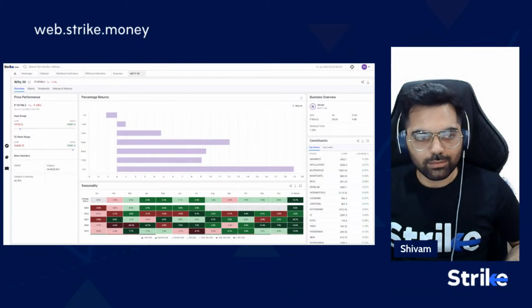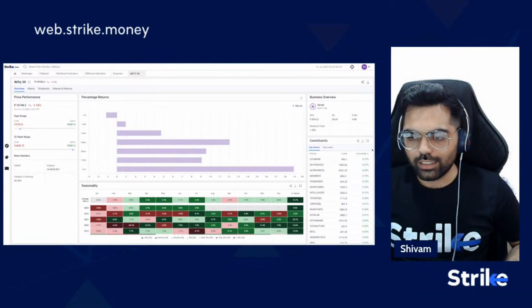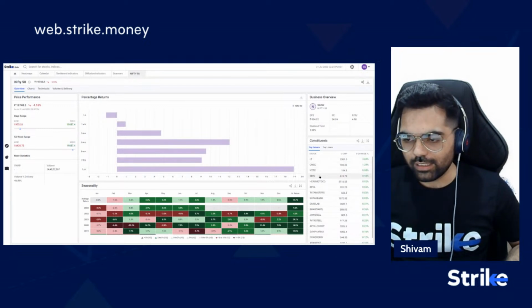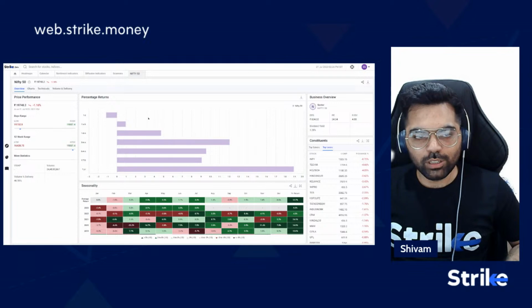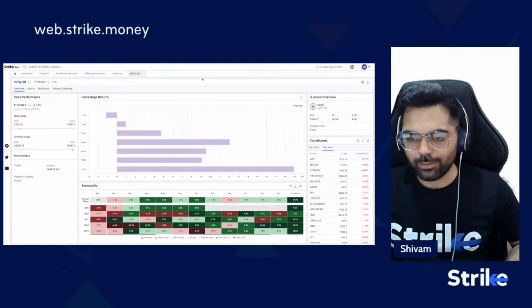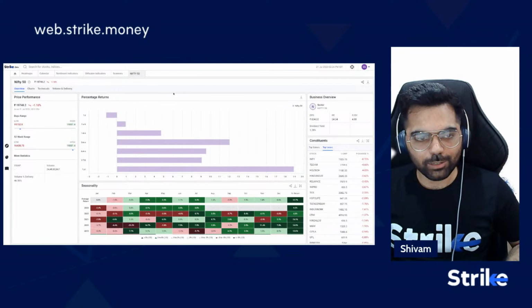So this is the overview page for Nifty. In today's session, the leading stocks are LT, ONGC, NTPC, as well as State Bank, and losing stocks are Infosys, Tech Mahindra, HCL Tech, Hindustan Unilever. So all the selling pressure is confined to the majority of the IT stocks, since overnight some of these big stocks came up with their results, and also the global cues, which were overall negative for yesterday. So we have seen a weaker opening for the Nifty index today, and the index is weak.